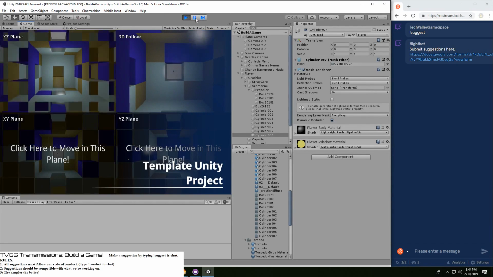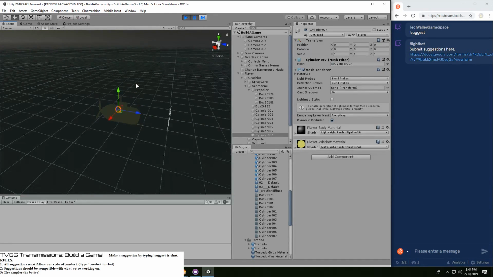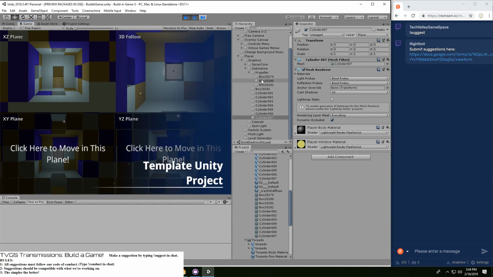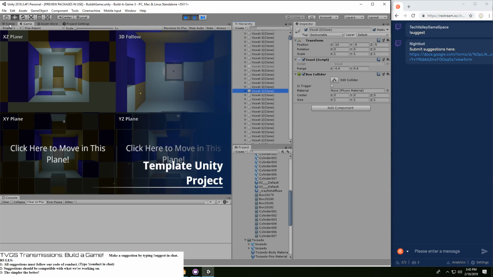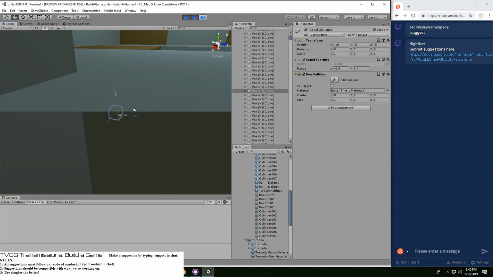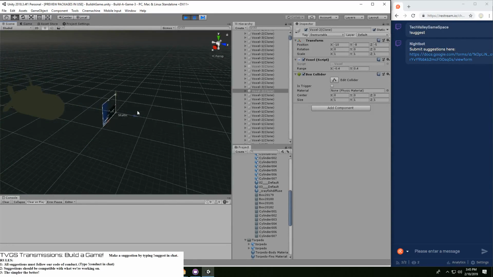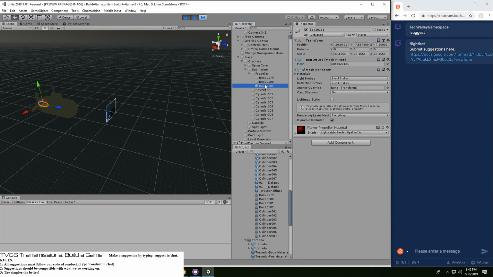Alright, so let's play that for a moment. And right now it sees the... where is everything? Right, so let's see where this voxel is. Okay, all these boxes are right here, and all of our player stuff is over there. Why is that happening? Oh, I think I know.